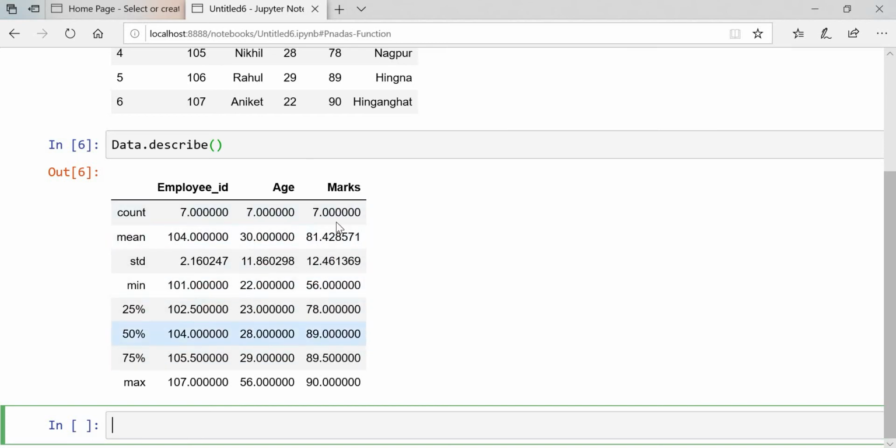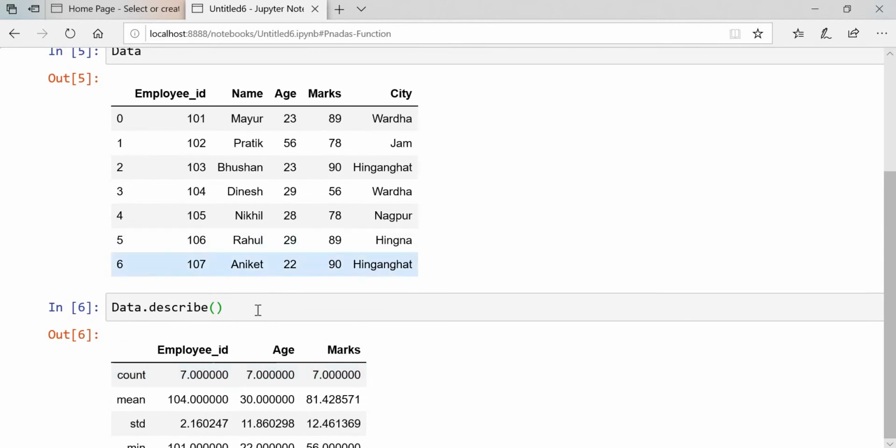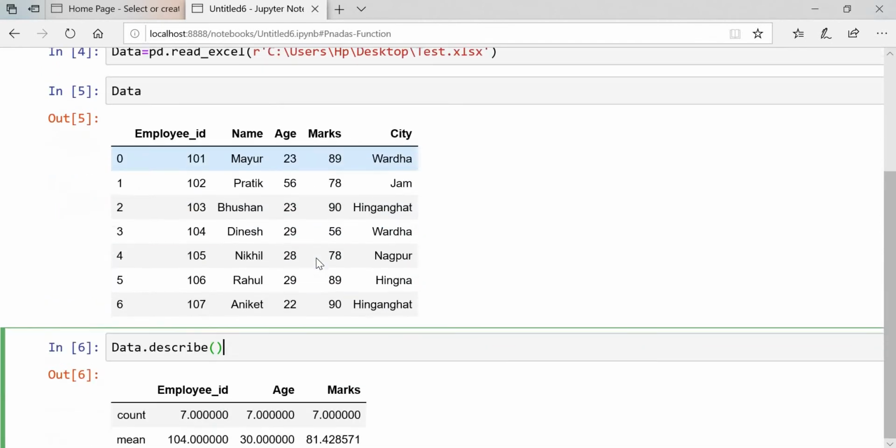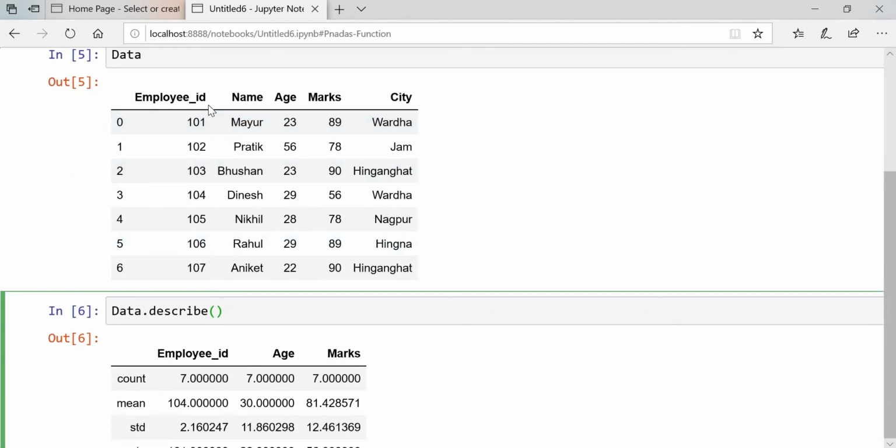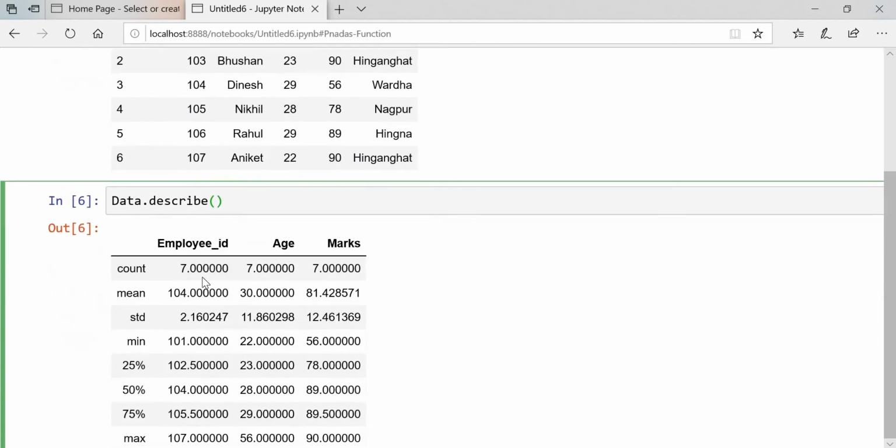These are the statistic information inside your data. And one more thing, we are getting only numeric data: employee ID is numeric data, age is numeric data, marks also is numeric data. That information only we are getting in this describe function. So if you want the statistic information about your data, just put the function describe.